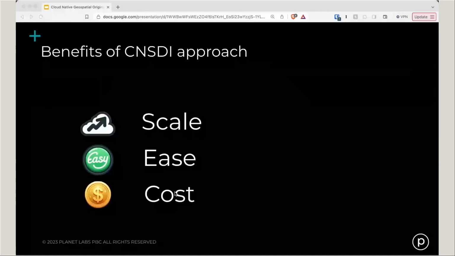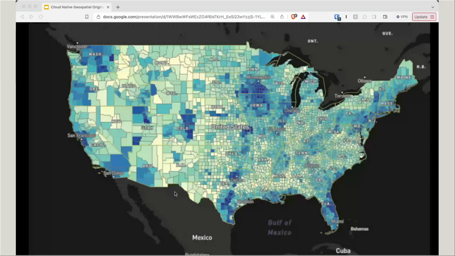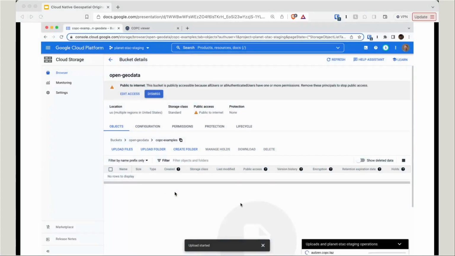So the core idea of a cloud-native SDI is to radically simplify what's needed to participate, to make it easy for people to upload data to the cloud in one of these formats. And I believe it's better in a few fundamental ways: scale, ease, and cost. So yeah, the scalability is provided by object stores, which is the most scalable part of cloud infrastructure. Instead of trying to stand up a custom cluster of servers, it's far easier to publish. You can just drag and drop into a cloud console and be working with it right away.